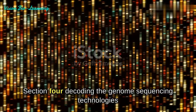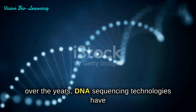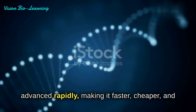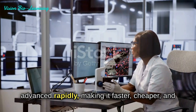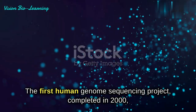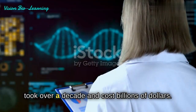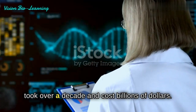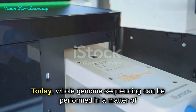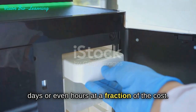Section 4. Decoding the genome. Sequencing technologies. Over the years, DNA sequencing technologies have advanced rapidly, making it faster, cheaper, and more accessible to sequence genomes. The first human genome sequencing project, completed in 2000, took over a decade and cost billions of dollars. Today, whole genome sequencing can be performed in a matter of days or even hours at a fraction of the